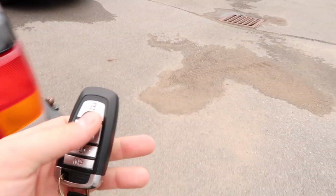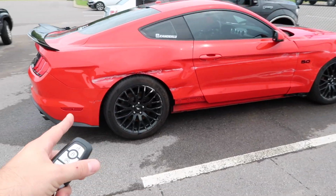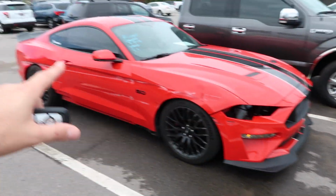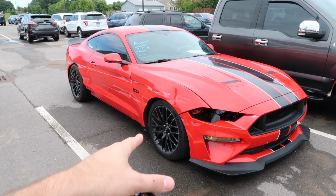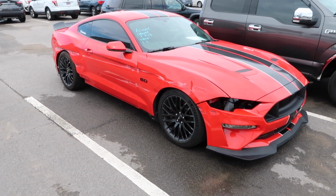All right, we got our keys. So there she is. Same spot as last video. Again, there's the damage. We're not going to cover everything again, but all of this is going to get replaced. Remember, we're going after a twin turbo build. The secret is out now, so we want to make this thing as fast as possible with help from Hell